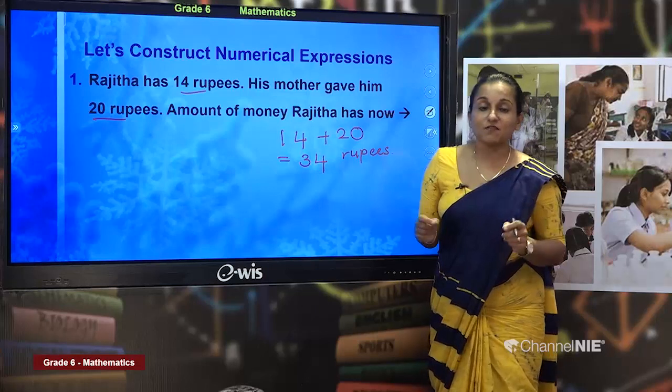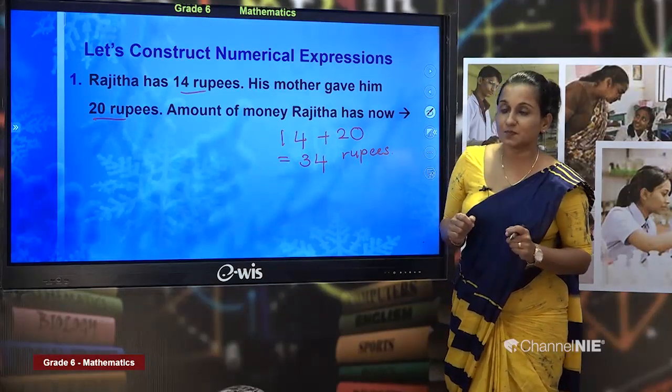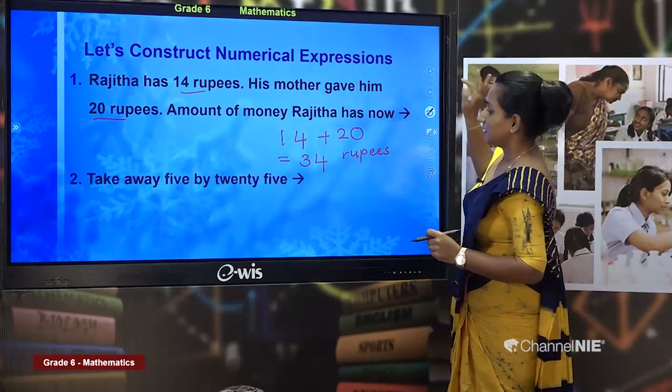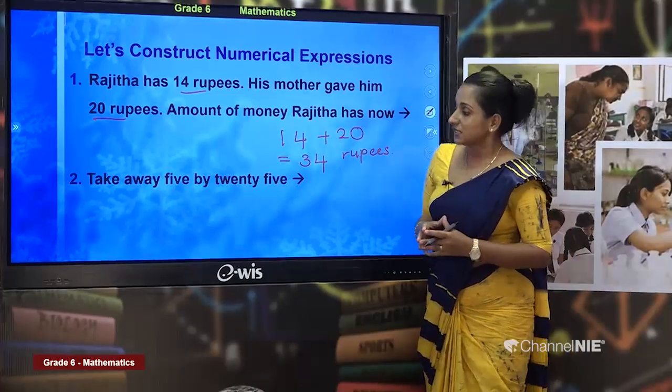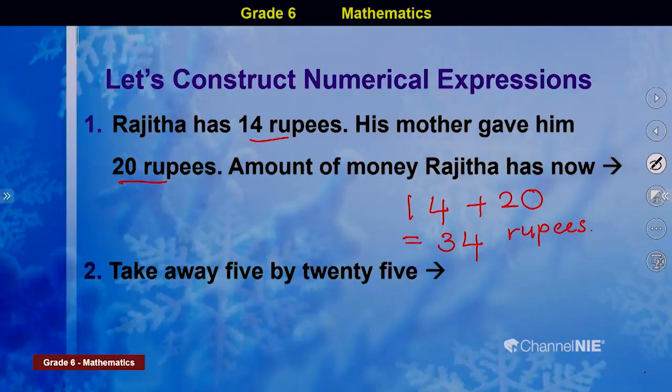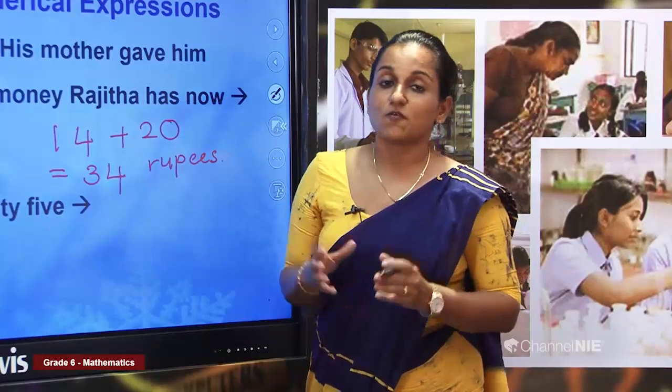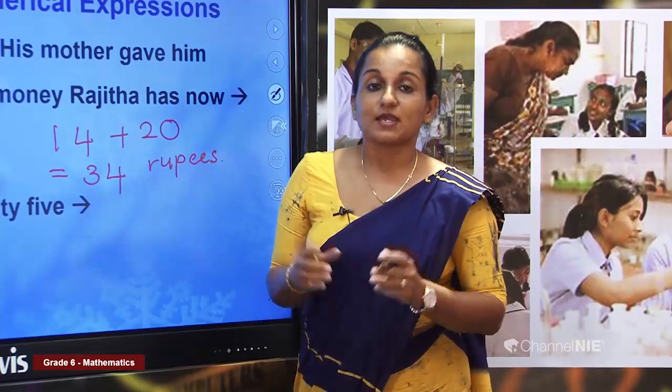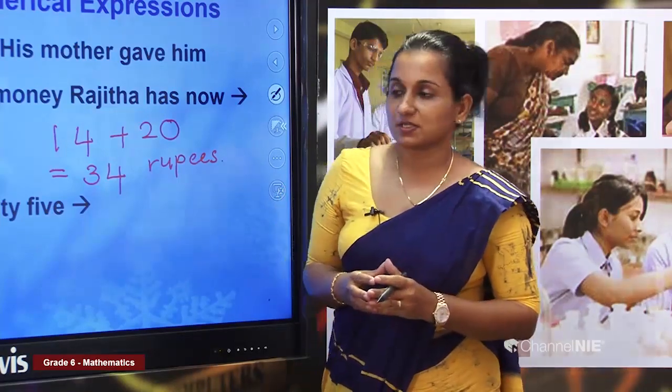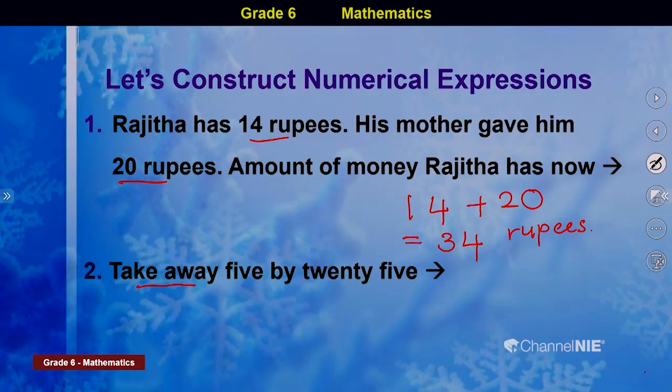Okay, shall we move to another example? Take away 5 from 25. Here you have the word take away. What is the mathematical operation that you can use for take away? It is subtraction. We can write a numerical expression like this: